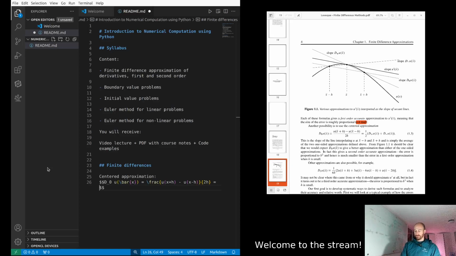So this is actually 1/2 times d plus of u at the point x bar, and then plus d minus of u at x bar. Yeah. And so this approximation, right,